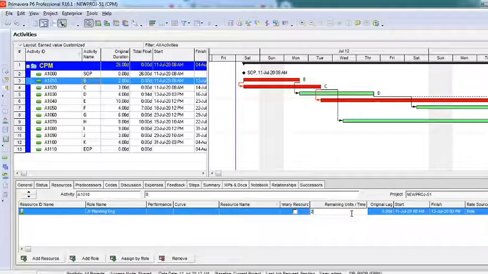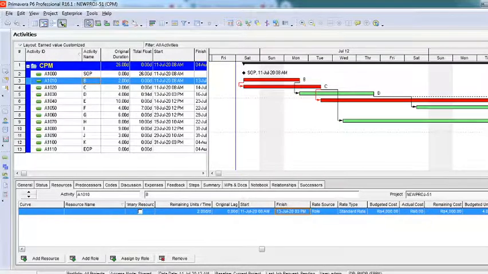Say I want 2 planning engineers to be there on this particular activity, that is activity B. Now the start of that particular activity is 13th of July and finishing on 13th of July. So both of them are going to work from 11th to 13th. Alright. Now you can see here what rate it is taking, 4,000 rupees. Why 4,000 rupees? Because the activity is of 2 days. You can see here what is the activity? Activity is of 2 days. You can see the original duration here 2 days.